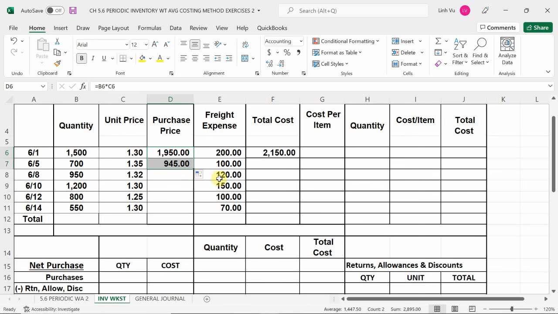945 plus 100 is 1,045. Yeah, that will give you 1,045. Okay. If on June 8th I purchased 950 units at $1.32,